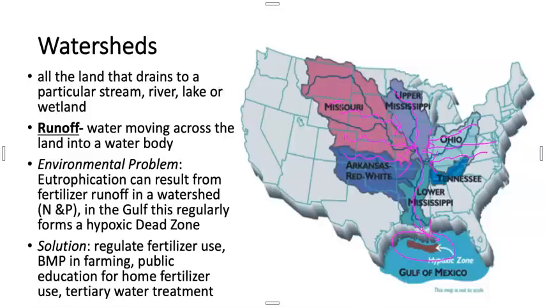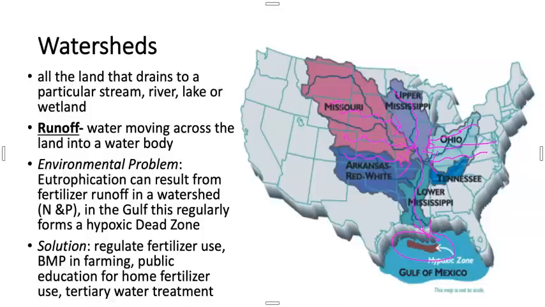We could make sure that we're using proper irrigation techniques as well, maybe a drip irrigation as opposed to a flood irrigation or a furrow irrigation. Public education for home fertilizer use would be another great solution. This is something that's helped out along with the best management practices in South Florida, where they were having a lot of problems with